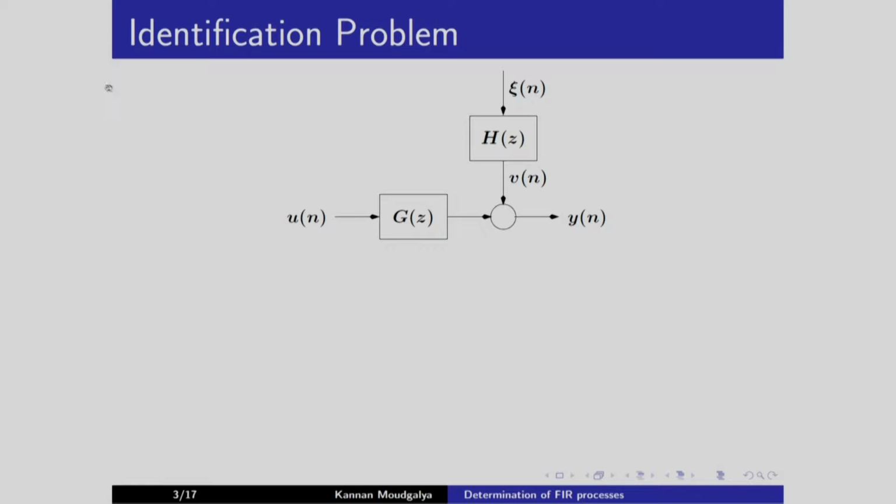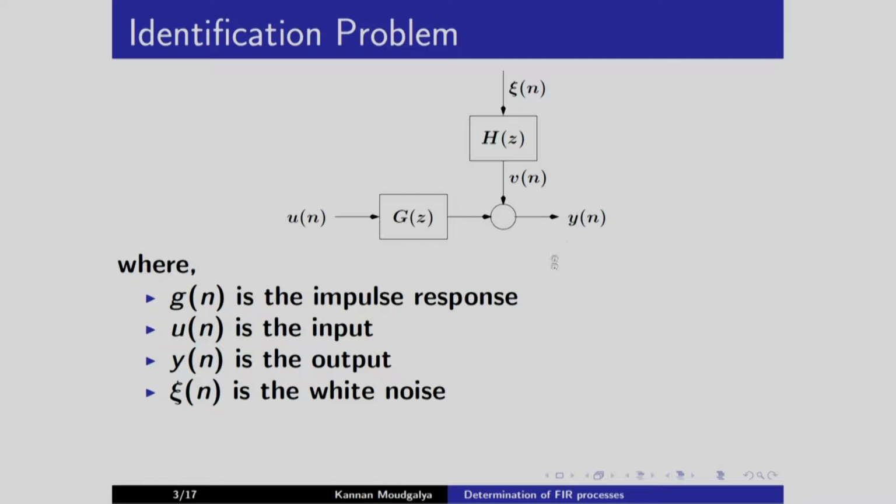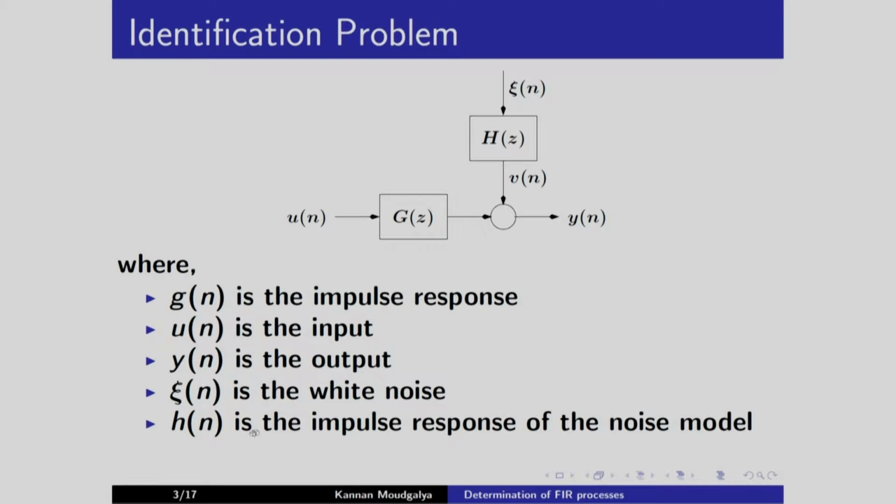Let's recall the identification problem. Gn is the impulse response and capital G is the Z transform of that. Here is the plant. Un is the plant input. Yn is the plant output. Cn is the white noise. Hn is the impulse response of the noise model. This capital H is the Z transform of this small h, and we get the plant output as given by